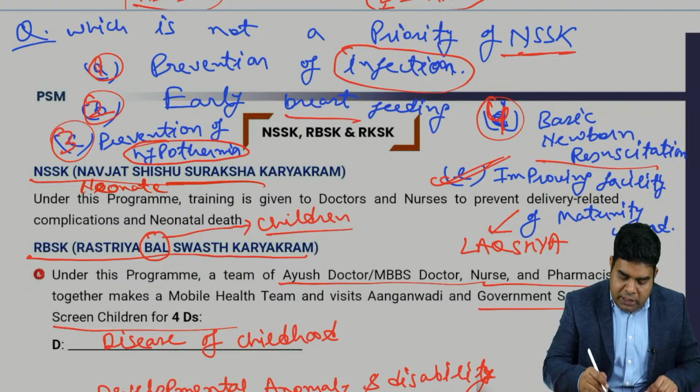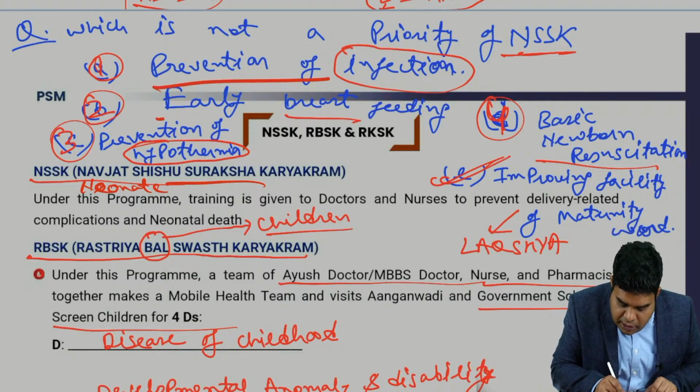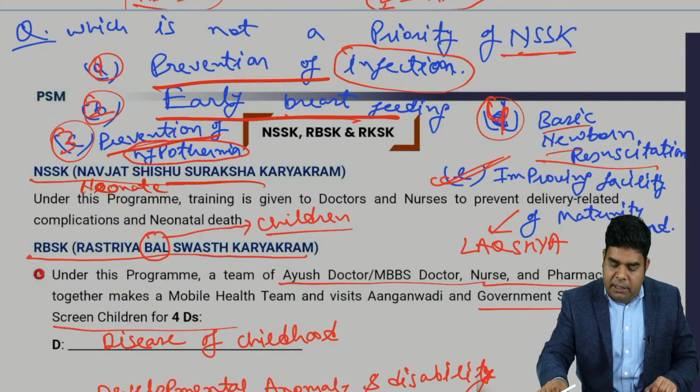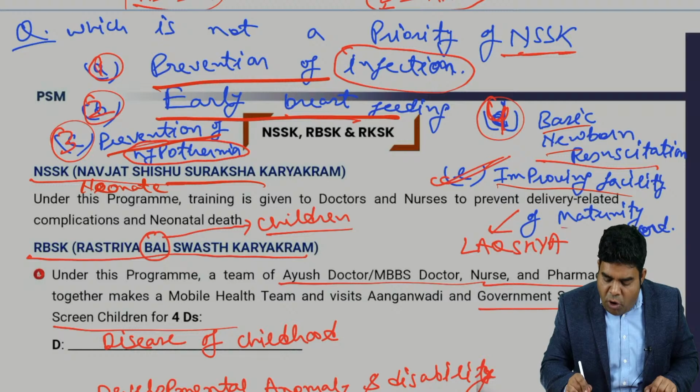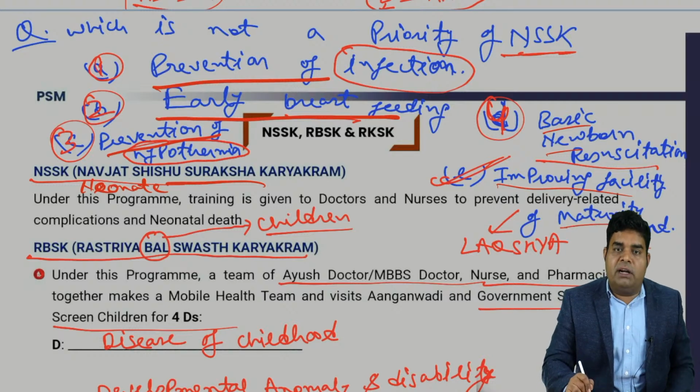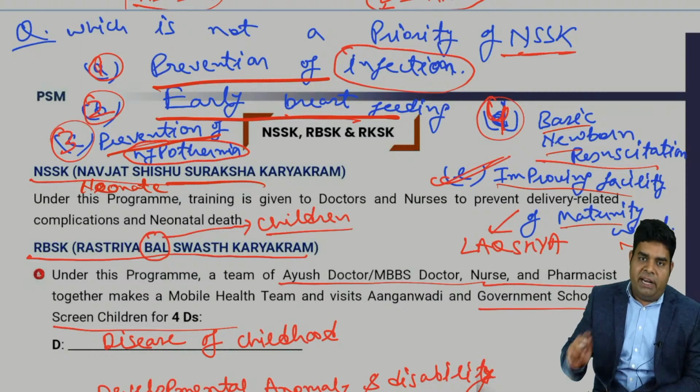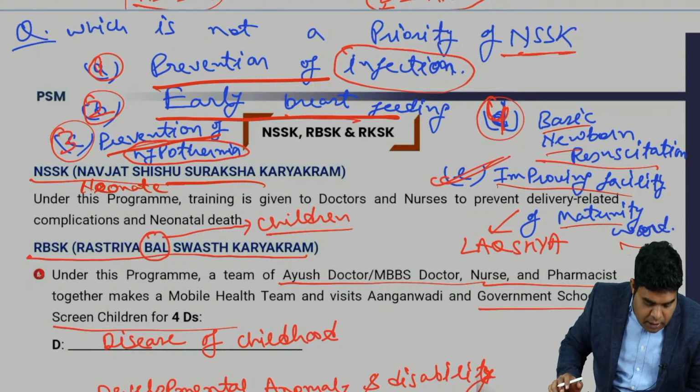So these are the 4 things: infection prevention, early breastfeeding, prevention of hypothermia, neonatal resuscitation. But maternity ward facility is improved under Lakshya program, not under NSSK. Do remember these 4 works of NSSK, they have already asked it. Now,